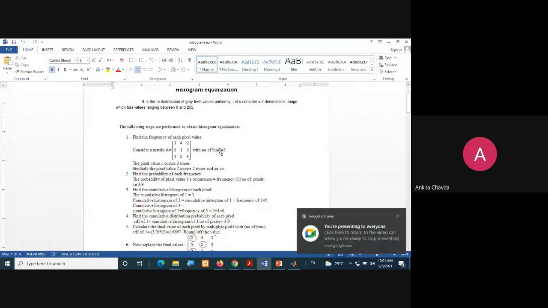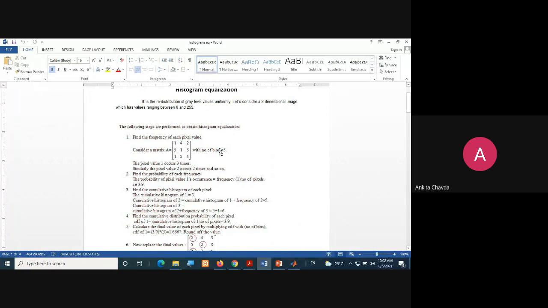So you can see number of bins means L minus 1 equals 5. So your intensity values would be between 1 to 5 only, right?